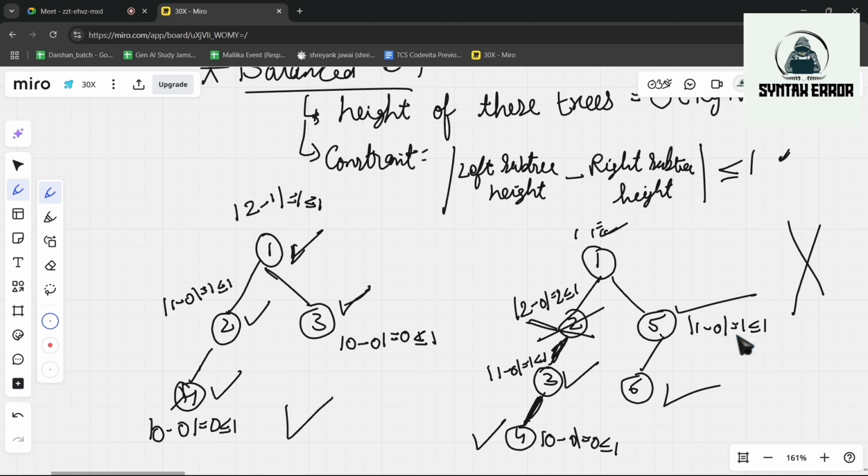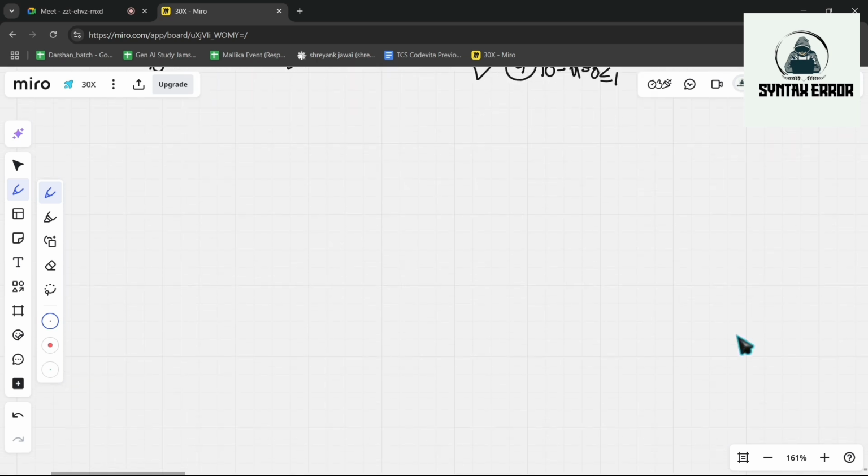Got it, Hemant Verma? Yes, okay. So let's move to our last type, which is